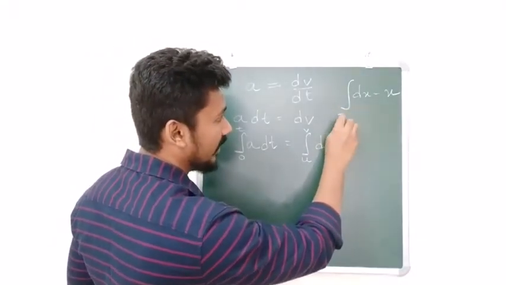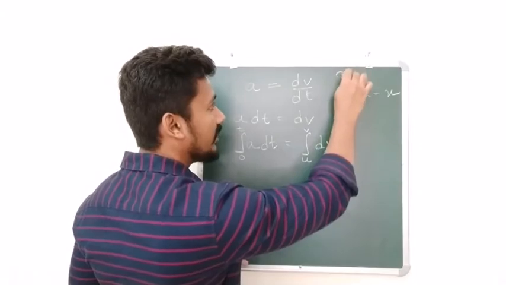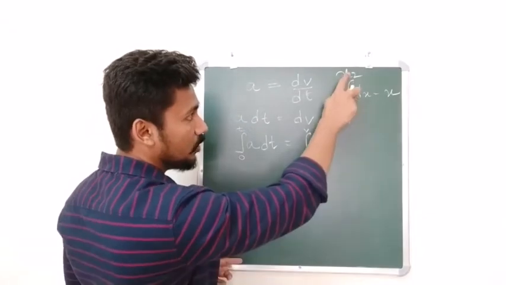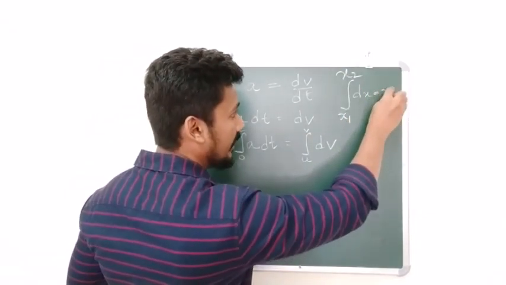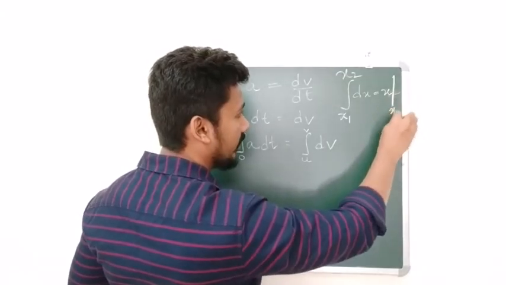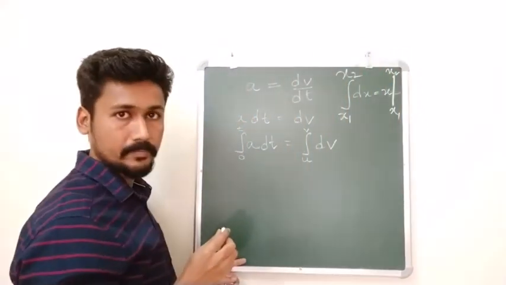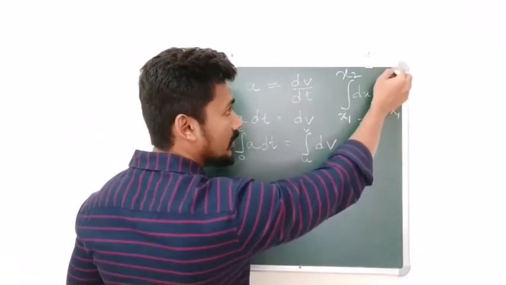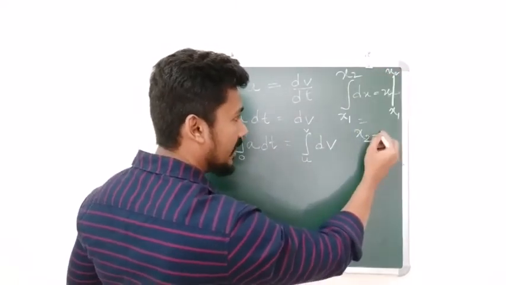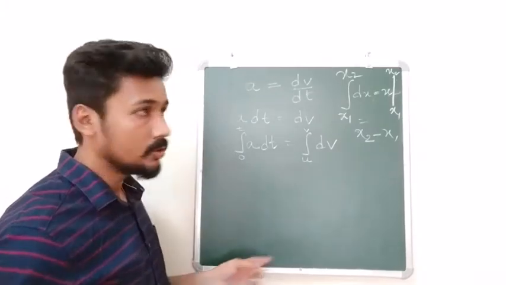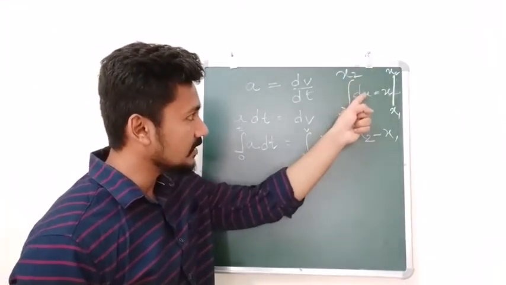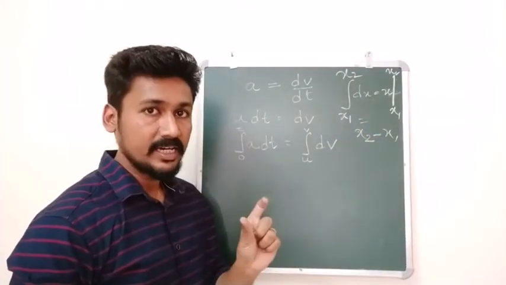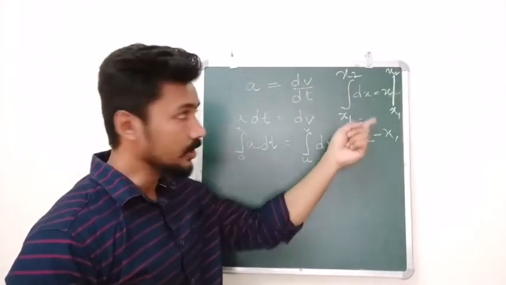Now this is again something you have to remember. Let us say the lower limit of x is x1 and upper limit of x is x2. Now this is the formula I am teaching you. Integral of dx from x1 to x2 will be equal to x, and we will put a line like this, and then we will write lower limit x1, upper limit x2. Because of this line, we have to write this x as the highest value, that is x2, minus the lower value x1. So integral of dx from x1 to x2 will be equal to x2 minus x1. Once again, if there was a doubt, just rewind the video and see this once again.